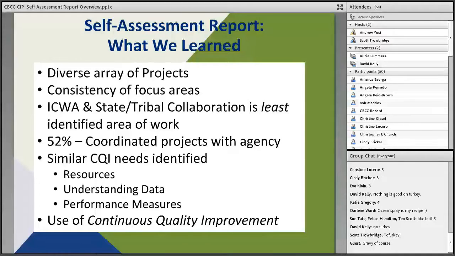We were really impressed with that. But we also found that there's some consistency in our focus areas. There's a lot of states doing court observation work and looking at quality of hearings. There's a lot of states that identify quality representation as a focus area and had some very similar projects. So we did see some consistency that we think will help in building, pulling peers together to talk about what they're doing. We did also find that the ICWA and state tribal court collaboration is probably the least identified area